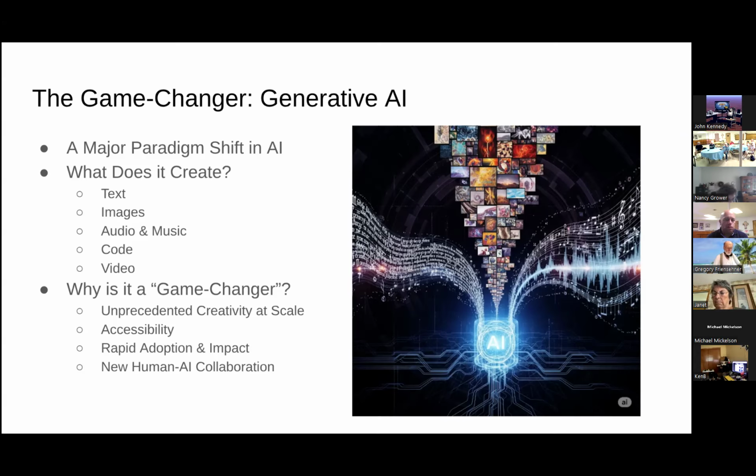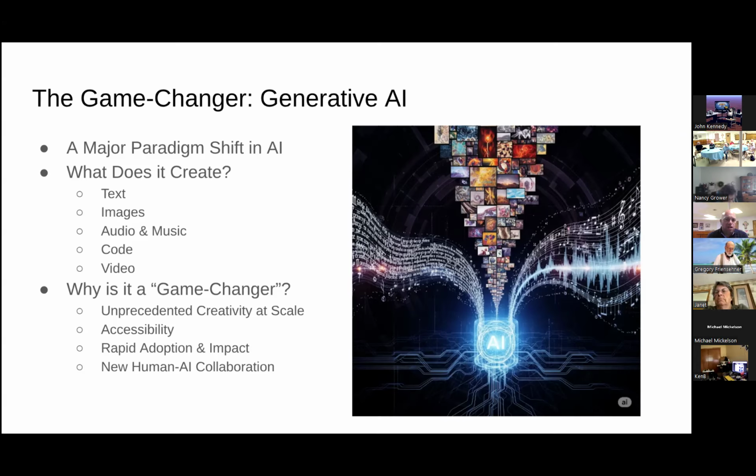It's also a game changer over its rapid adoption and impact. Generative AI's capabilities have rapidly reshaped industries from content creation and marketing to software development and scientific research. I saw in the news lately a lot of recent computer science graduates out of college are actually having trouble finding those entry-level jobs because if a company can use a more senior software developer, instead of hiring a new person and then having to spoon feed that person requirements to help you develop code in little pieces, you can ask the AI to do it, and it's probably going to do a similar level of quality in its work.